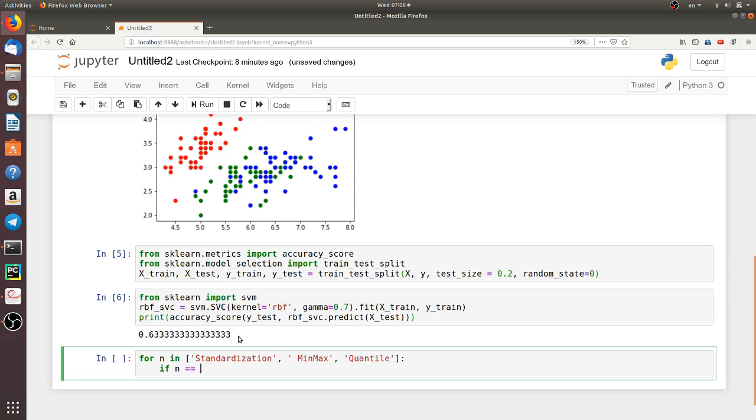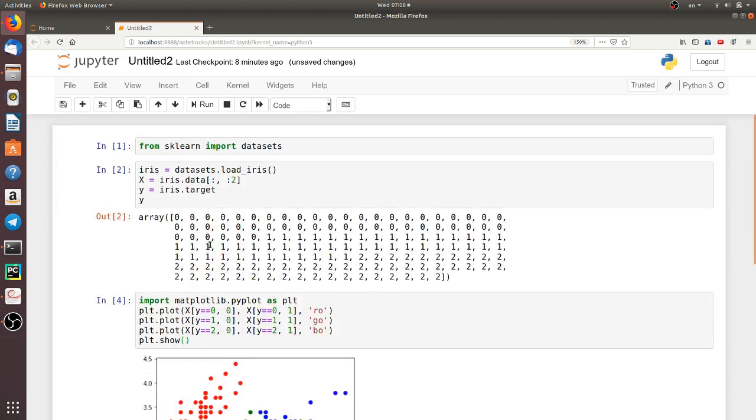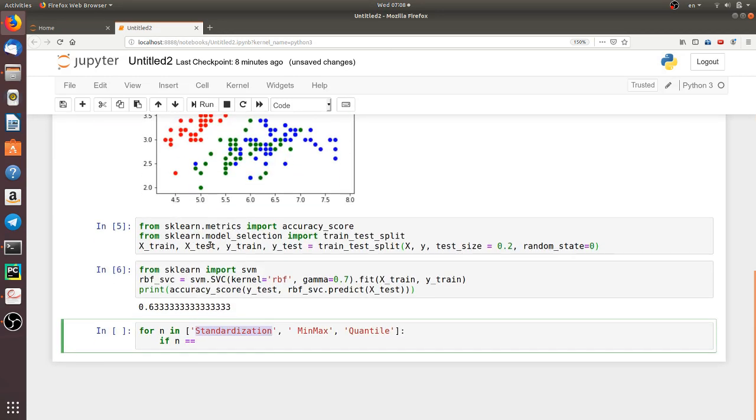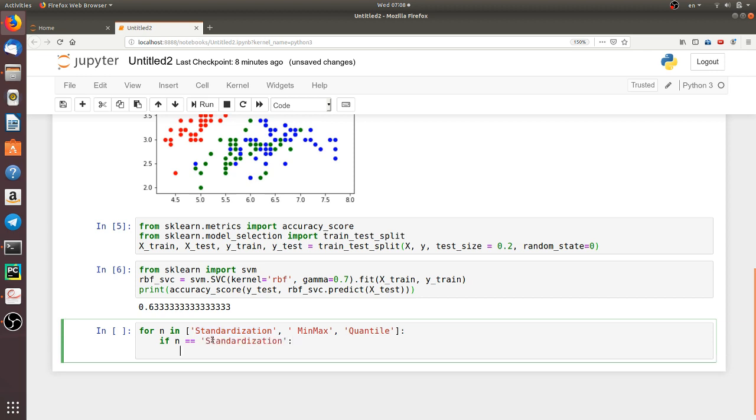If n is equal to standardization, then we want to have a normalizer equal to